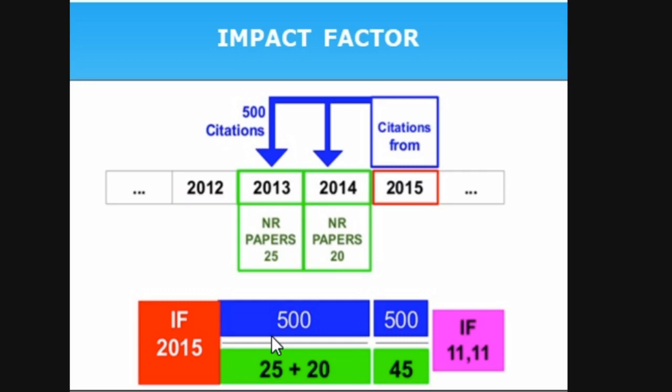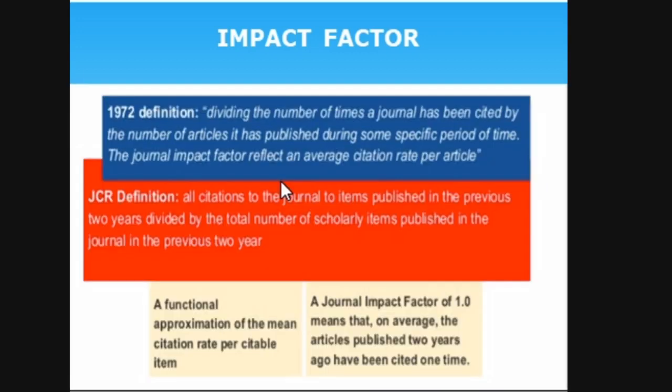Now we are going to calculate the impact factor for a journal. Remember, every year the impact factor will change. It is not constant. Depending upon the publications and the citations, every year the impact factor will change. So for 2015, we are going to calculate the impact factor. Normally, impact factor is calculated for 2 years only. Similarly for this example, I am going to calculate the impact factor for the journal for 2015. So how do I do that? Again, I have to take the previous 2 years.